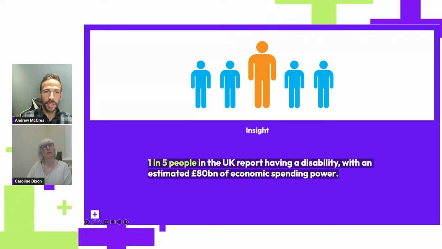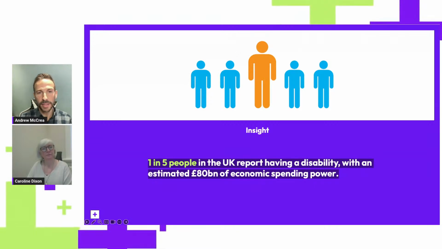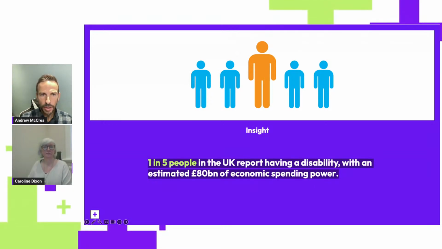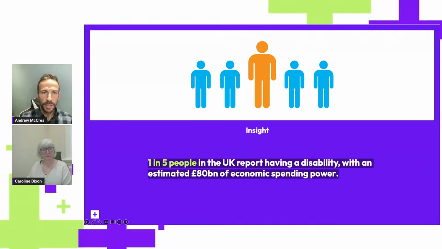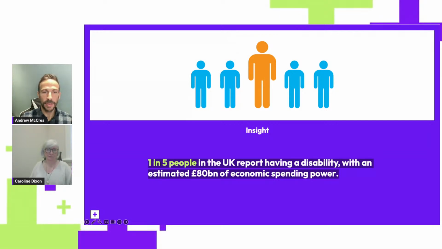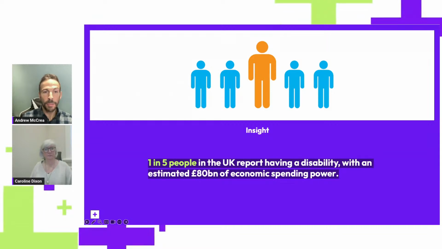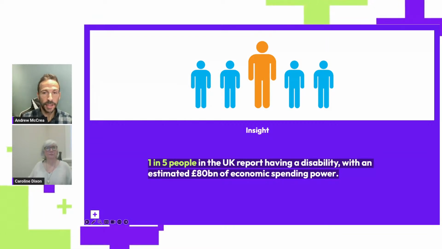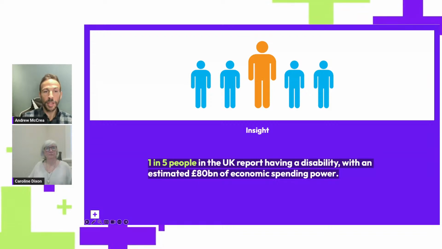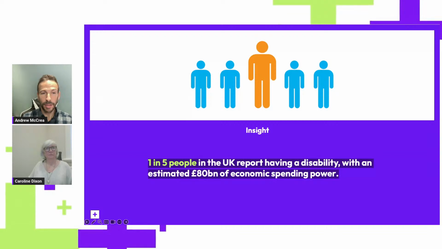So to frame this accessibility landscape, it's really important to note that we might perceive our own groups as being the people that we feel use the internet and so on, but it's really important to think about the diversity of people in the UK who may report having a disability, and this speaks globally as well, not just in the UK. But 1 in 5 people report having a disability, and that's estimated to be equating to